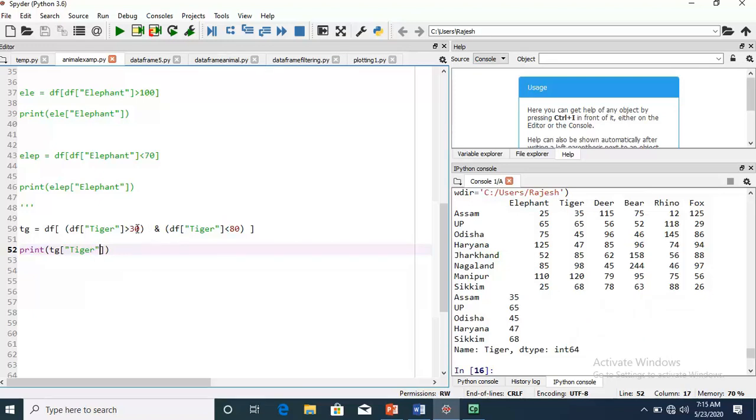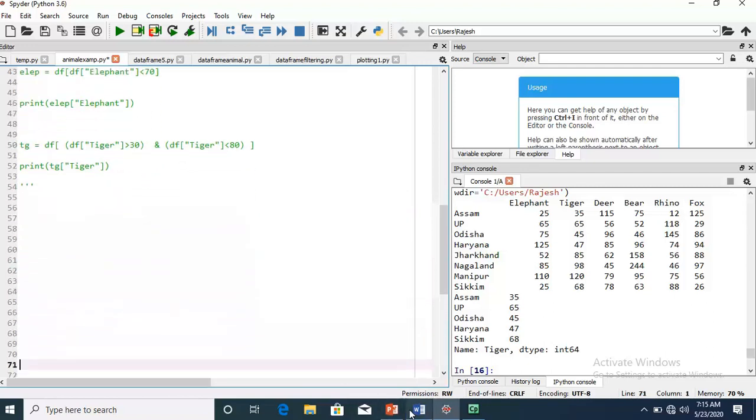Now here what we have used, we have used the AND operator. Here we have done two or more conditions. This is the AND operator. The AND operator will provide the result only when both conditions are true. Okay, now students, you are familiar with how to apply a single condition. You are familiar with how to apply multiple conditions. Okay, let's move to the next question.